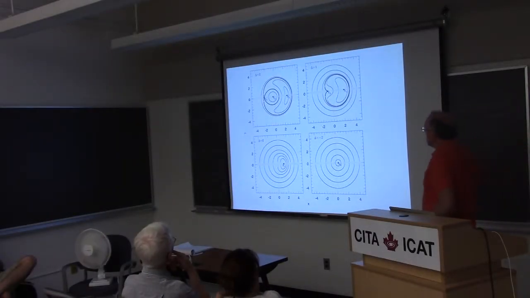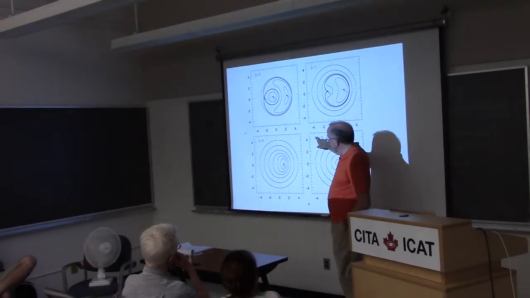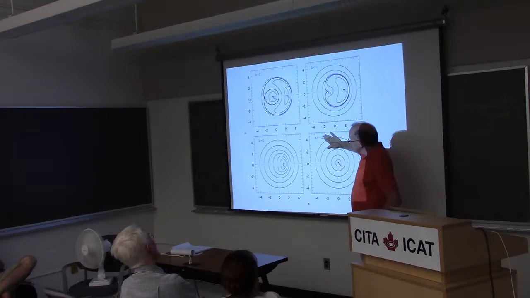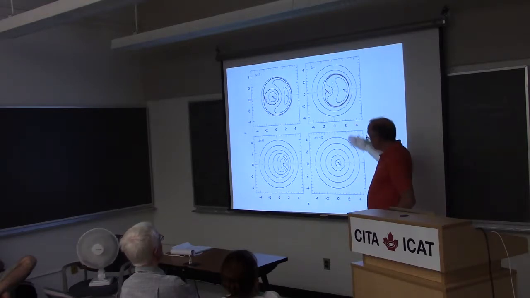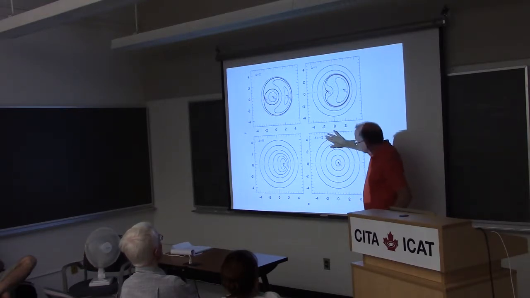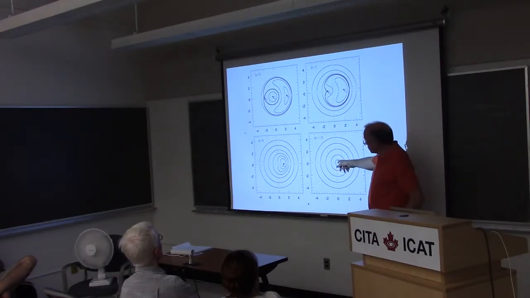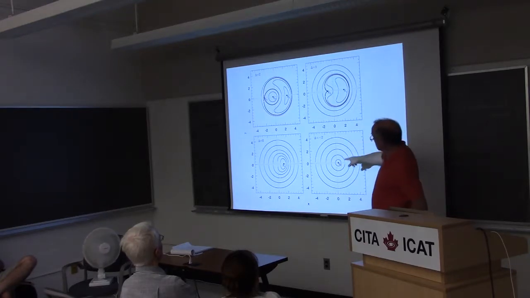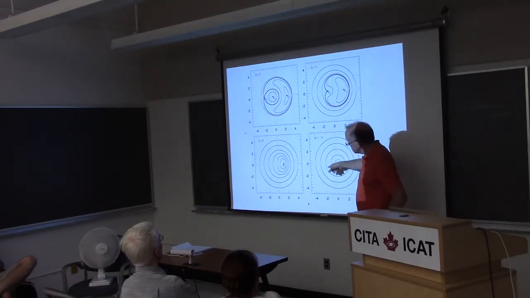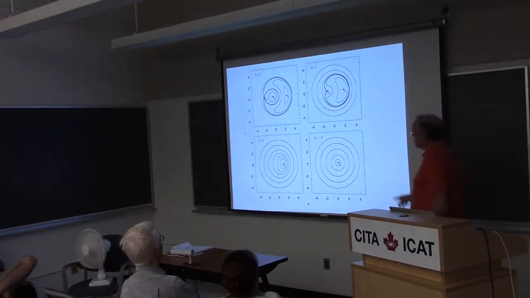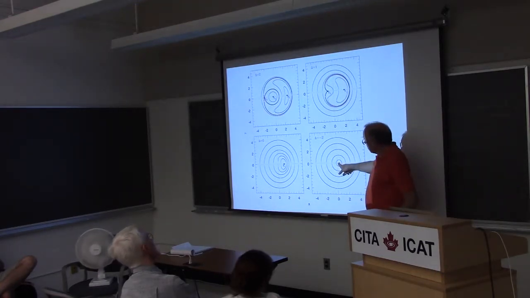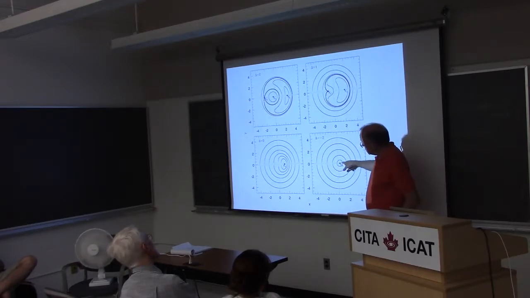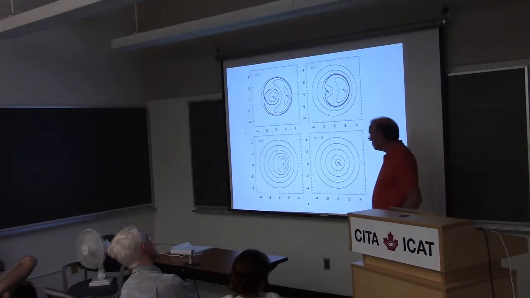This is the same Hamiltonian. These are level surfaces as a function of delta. We were talking about convergent migration, so let's start, delta is increasing, start with negative delta. If delta is sufficiently large, the level surfaces just look like circles centered on zero eccentricity. This is a Cartesian plot in which the angle is WS. So if you have a nearly circular orbit a long way from resonance, it's basically near this point, and if there's a little bit of eccentricity, it's in a small circle going around this point.